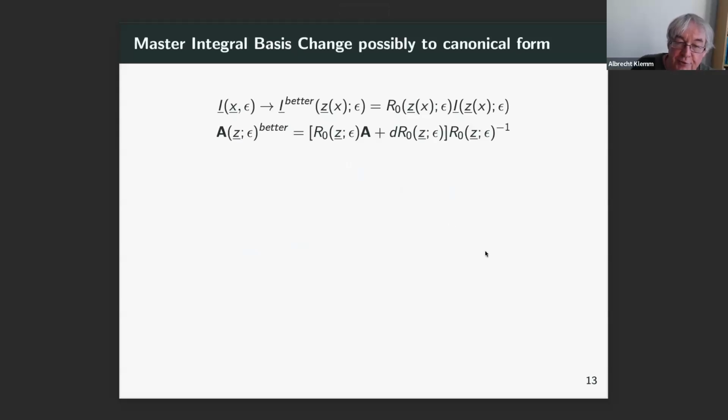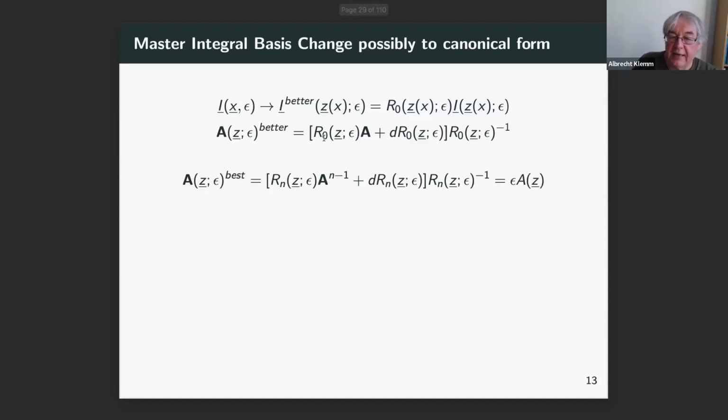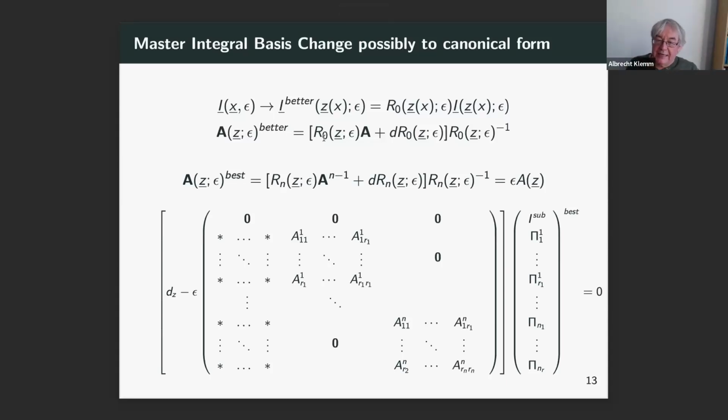So what you have to do is make a rotation on these master integrals, and find a better basis of these master integrals. And the functions that are involved in this better basis are themselves interesting functions, as I will comment later on. So if you rotate these master integrals like that, then you rotate the A by this vector. You have a rotation action on A, and then it gets differentiated. So it's this formula, and then you have to iterate it a couple of times. But what you really want to do is to write something in which the epsilon factors out like this,